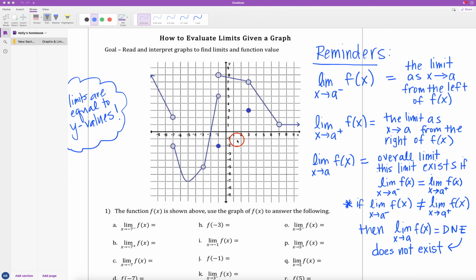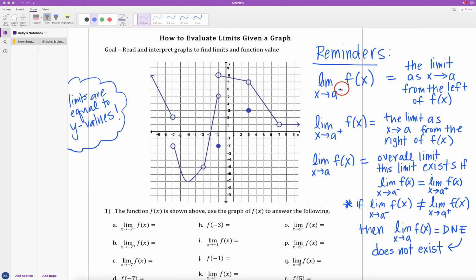In this video, we will learn how to read and interpret graphs to find limits and function values. Before we jump into our 3 examples, I'm going to have us refresh our memories on a couple key things, mainly with notation. So the first one is this notation that says the limit as x approaches a from the